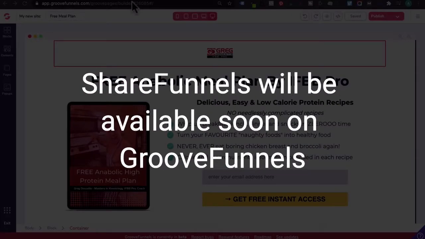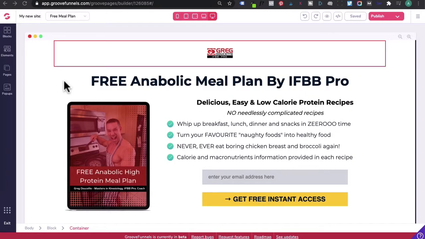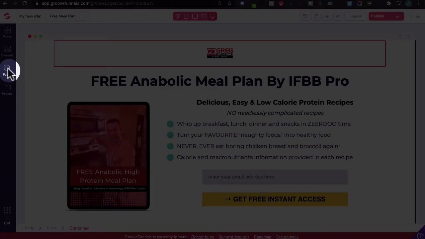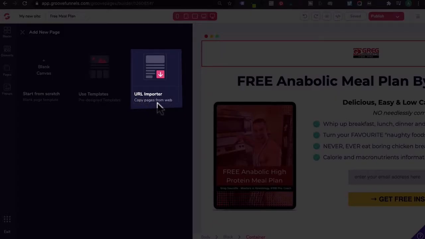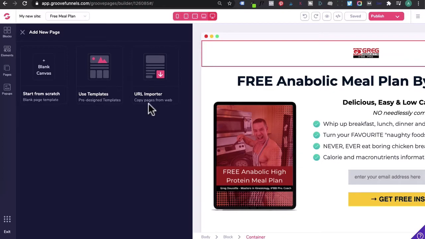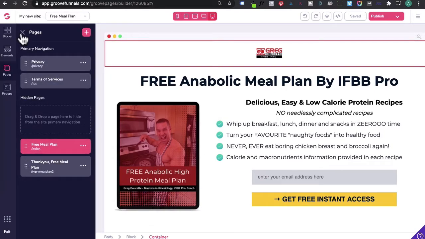So currently ShareFunnels is not available in GrooveFunnels yet. There is an option to copy pages from the web by going to Pages, clicking on the plus button, and then using the URL importer, copy pages from the web. This feature is really new and it can be a hit and miss. The best way to share landing pages and funnels for now is by exporting the HTML files and sharing that